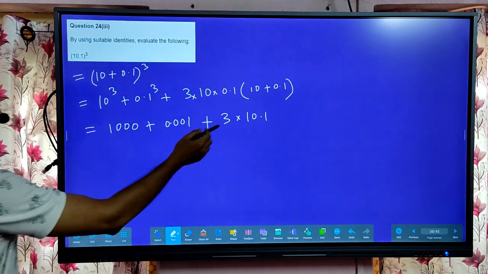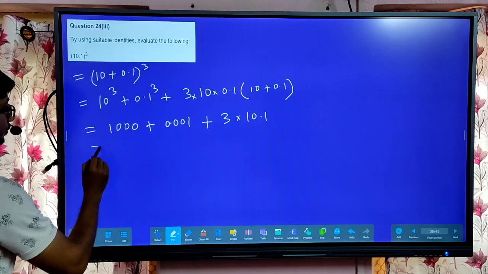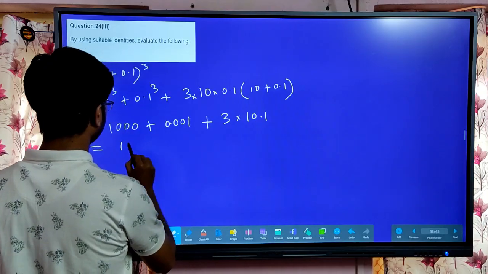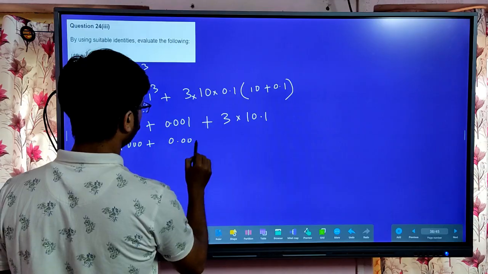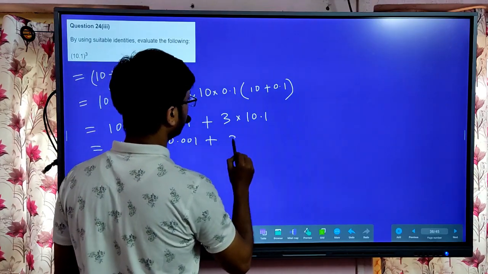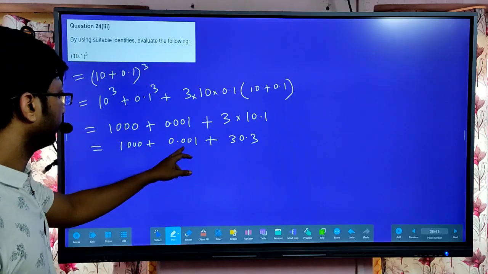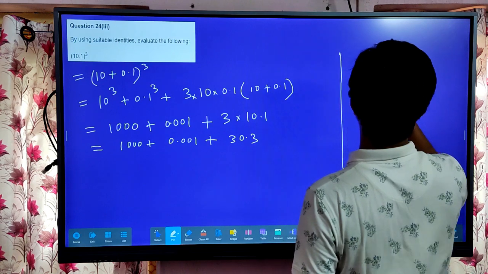Now it will be 30.3, so this will be 1000. Now this will be, let me write 1 2 3 plus 0.001 plus this will be 30.3. Now you see, if you add this, you see 30.3,